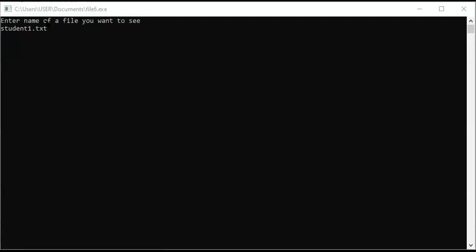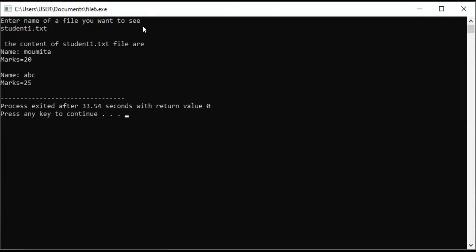See, now my output monitor shows me: enter name of a file you want to see. Obviously I want to read student1.txt because this file is already created on my desktop. After that, I am entering.